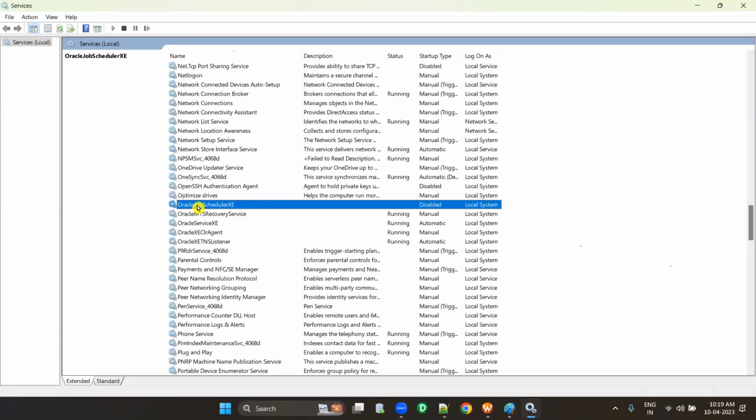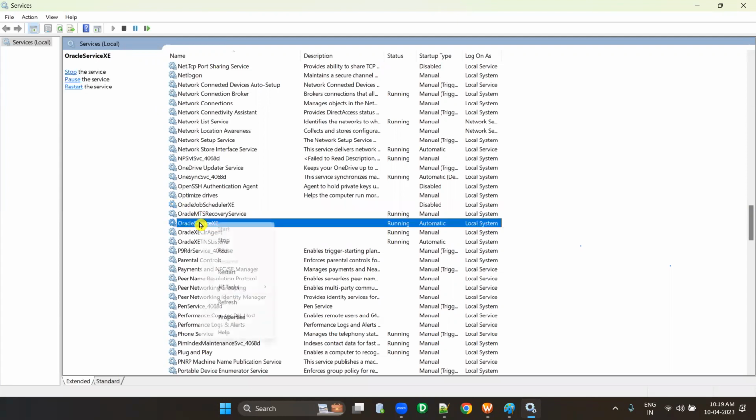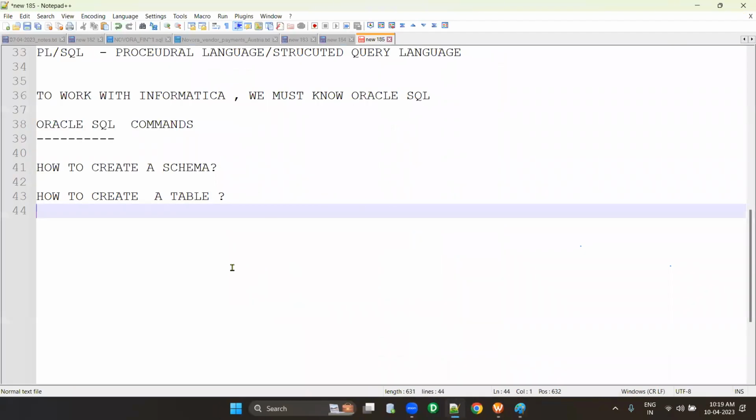What are those? Oracle XE TNS Listener, Oracle XE CLR Agent, Oracle Service XE, Oracle MTS Recovery Service. These four services should be in running state. If they are not running, then right click on it, start the services, and wait for 5 minutes. Then what is the first step now? If you want to create a schema,